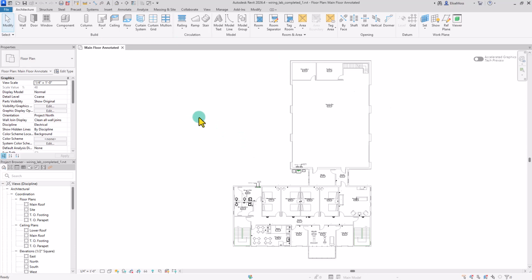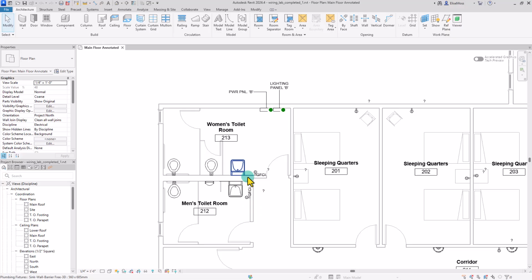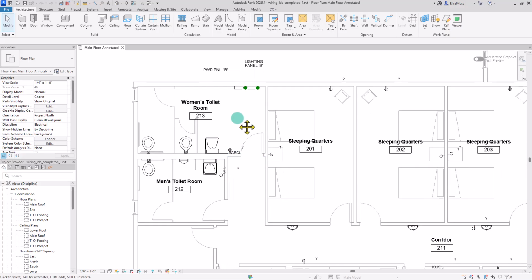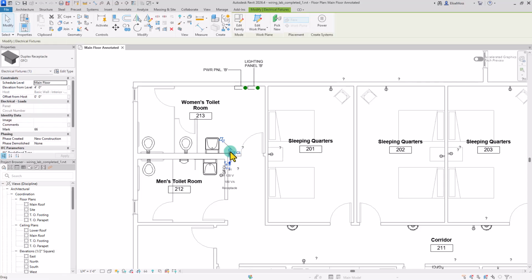We're in the lab exercise for lesson 4. This is the wiring lab project. We're going to zoom into the restroom area. I'm going to select the grounded receptacle in the women's room, and then under Create Systems on the ribbon, I'm